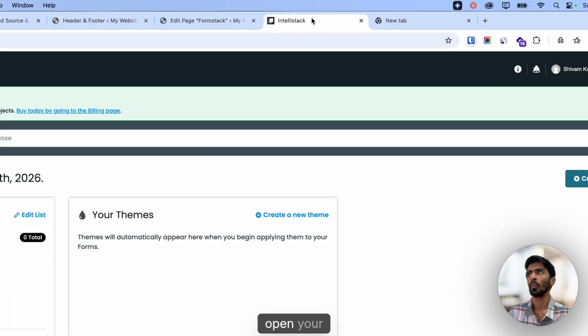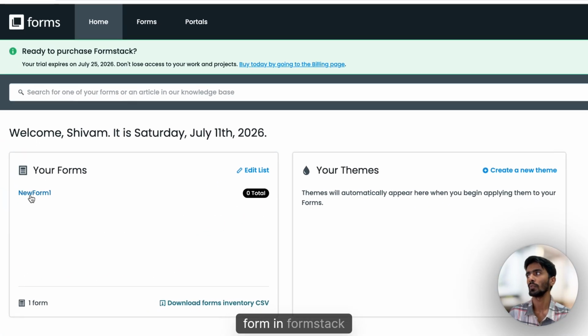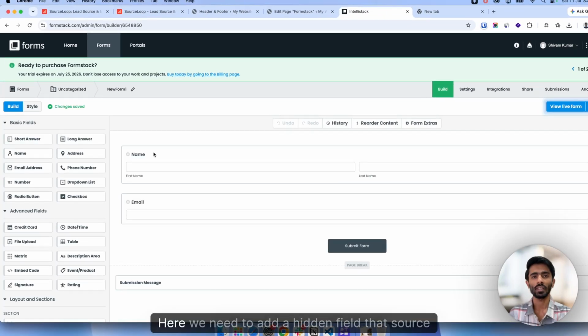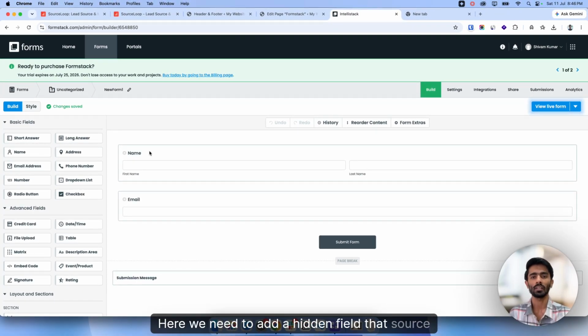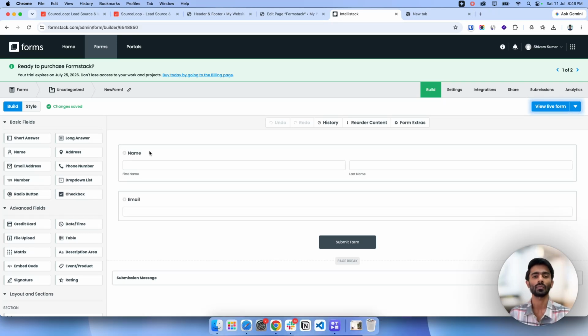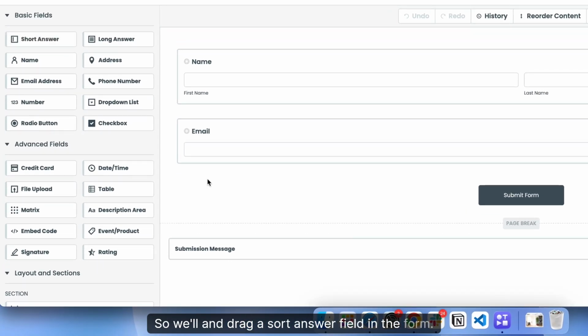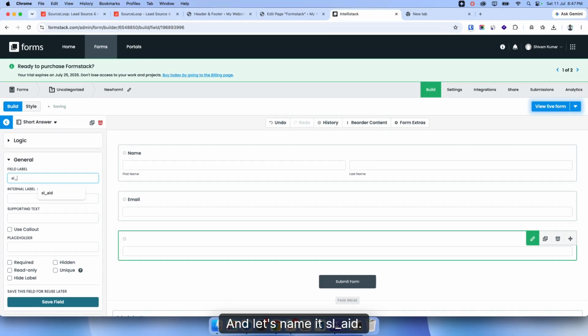Next, open your form in FormStack. Here, we need to add a hidden field that SourceLoop can use to pass the unique ID of the visitor who is filling the form. So we'll drag a short answer field in the form and let's name it SL_AID. You need to ensure that you are using this exact name in lowercase without any space,